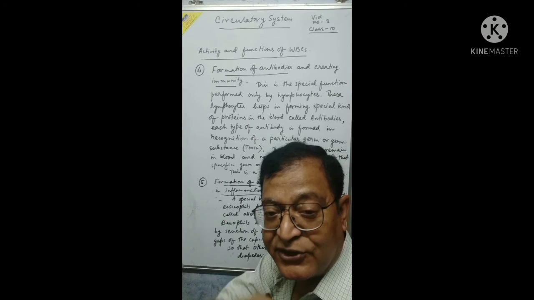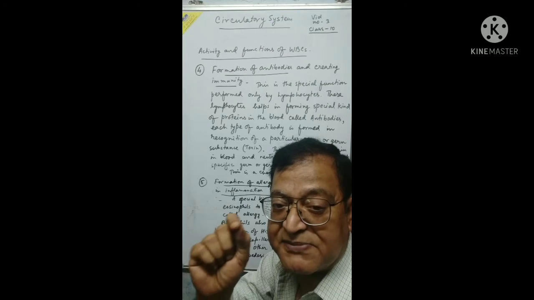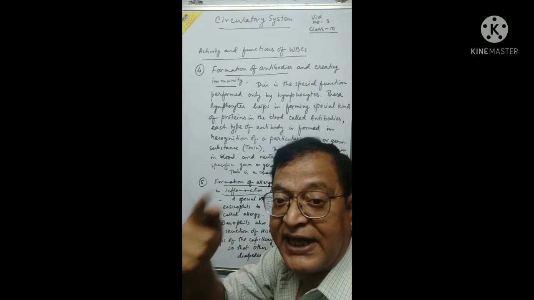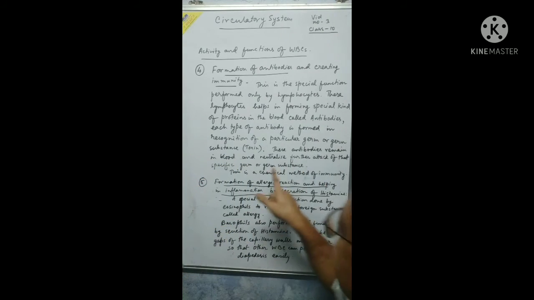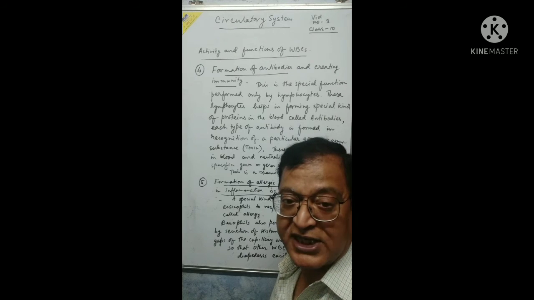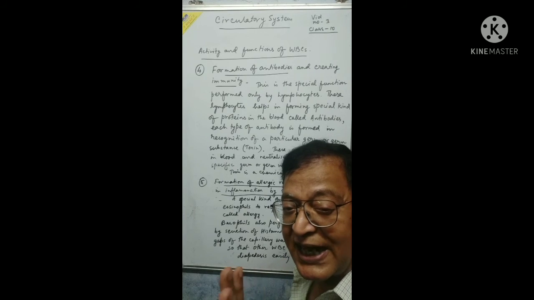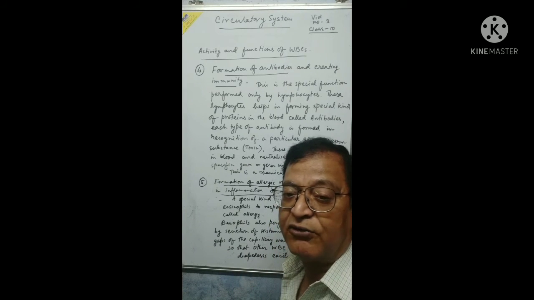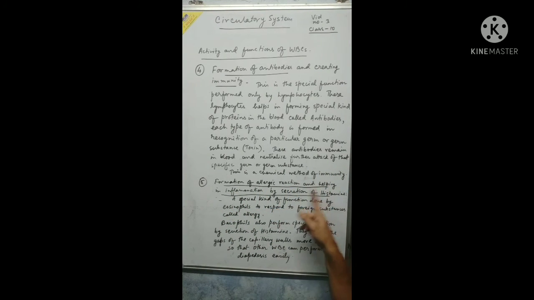Means when they are introducing that, the inoculation is given, that is a weakened germ substance, and that will create antibody in our body which will prevent the effect of further attack. This is a chemical method of immunity. That's why it is a major aspect of our body protection from diseases. A fifth and another kind of special function is also found in some WBCs, formation of allergic reaction and helping in inflammation by secretion of histamine.